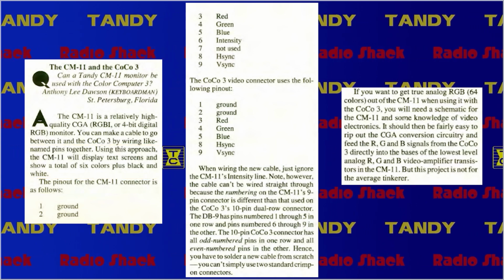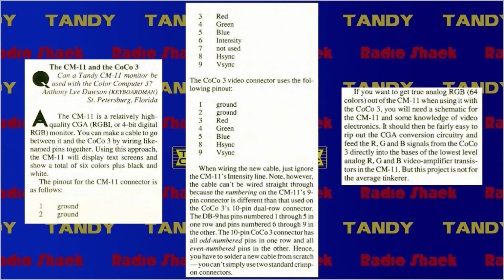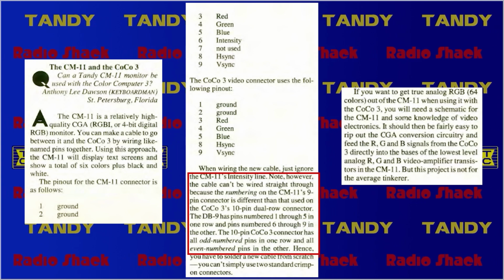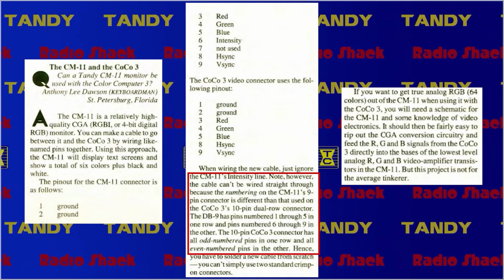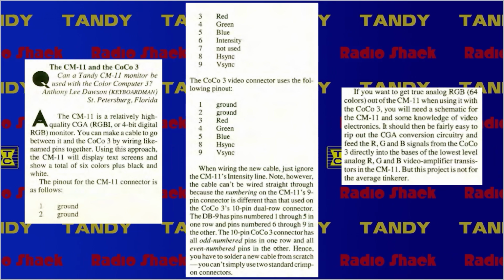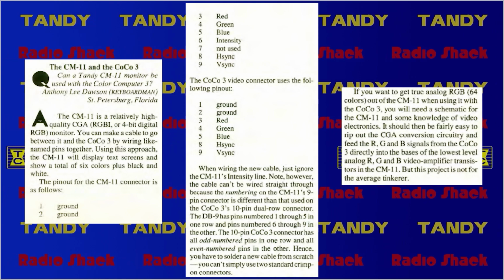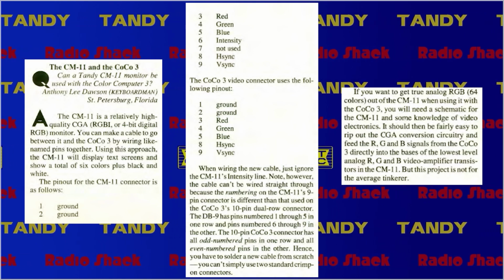He goes on to describe the wiring diagram between the two connectors, as well as the pinouts, and then goes on to note that the numbering scheme between the connectors is different and therefore you must be careful. It notes that you ignore the intensity line, and this is important and we'll talk about this more a little later. However, the wiring, as I mentioned, is not straight through,